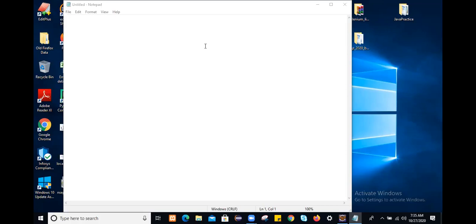Let me explain one scenario. You have a login page, and you are testing this login page for 100 multiple users. So you are providing the username, you are providing the password, and you are clicking on the login button, and you are checking whether the user is successfully logged in or not. If the user is successfully logged in, you are going to log out from the application. Just login functionality you are checking.